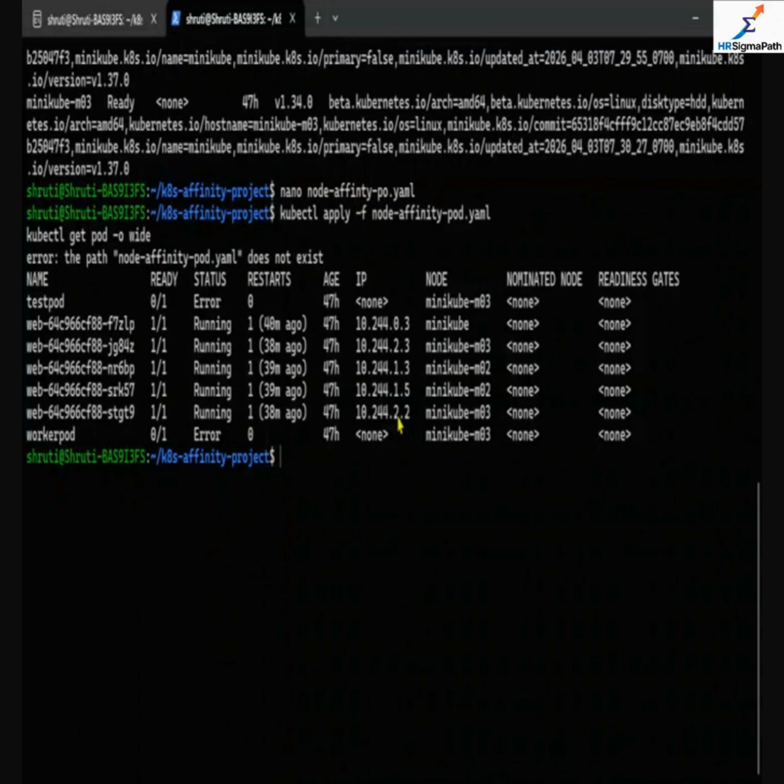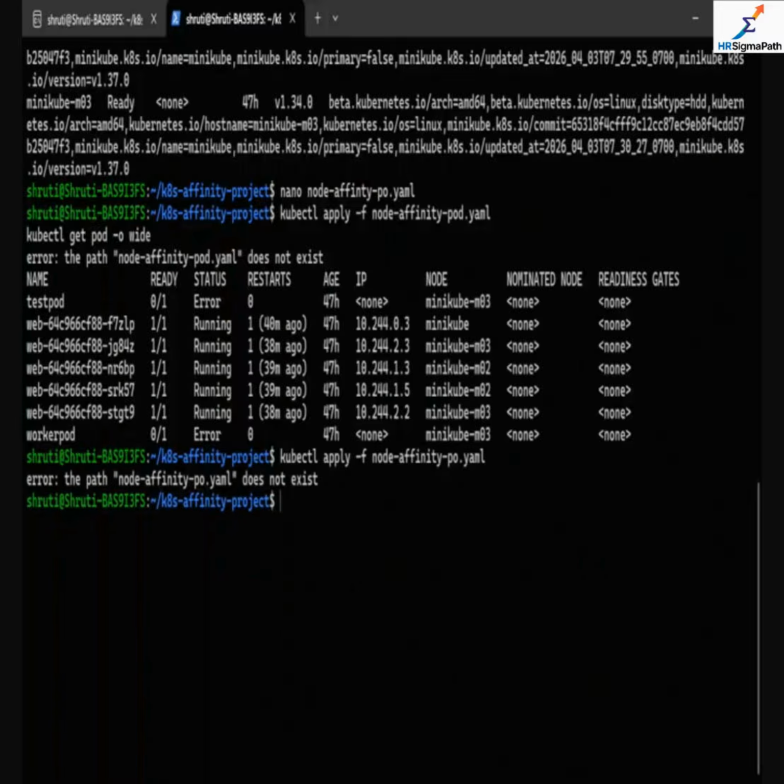We haven't written this; we created the file with some other name, so we have to apply it with the right name.